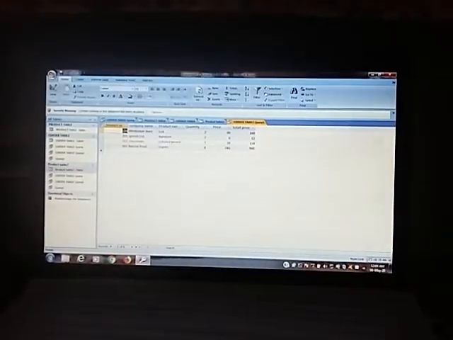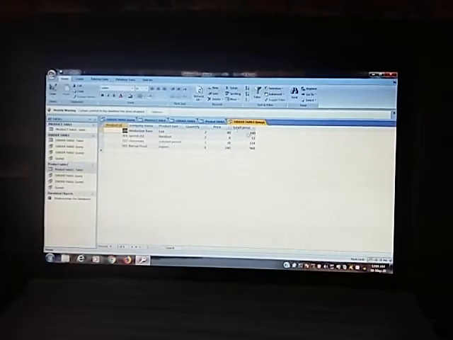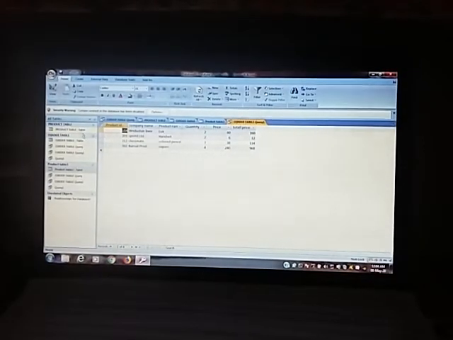When we click on the Run command, you will see the product, the quantity and price: 80 into 2 is equal to 160. The total price will show in this table, that is 160.